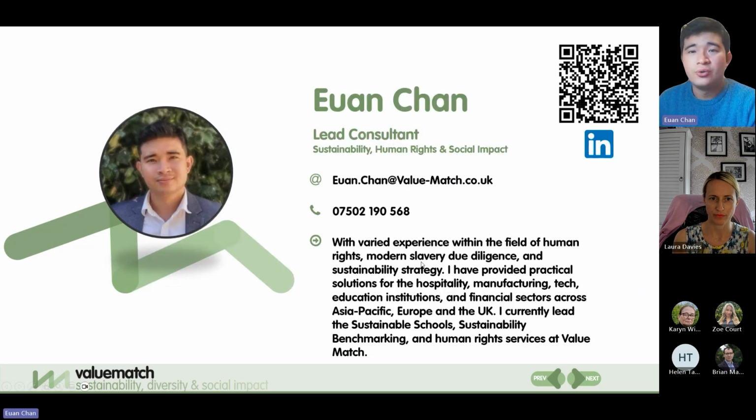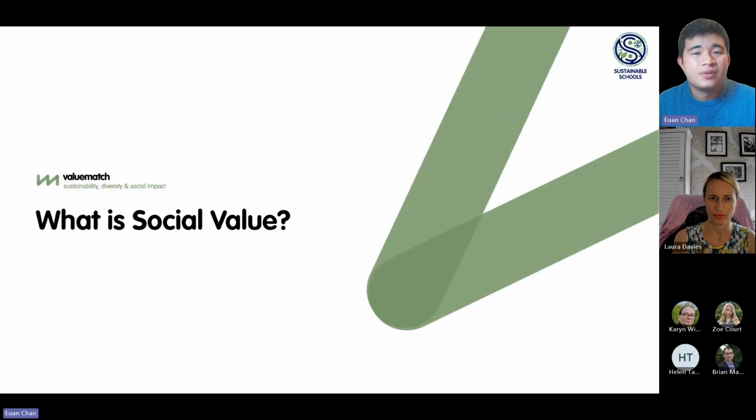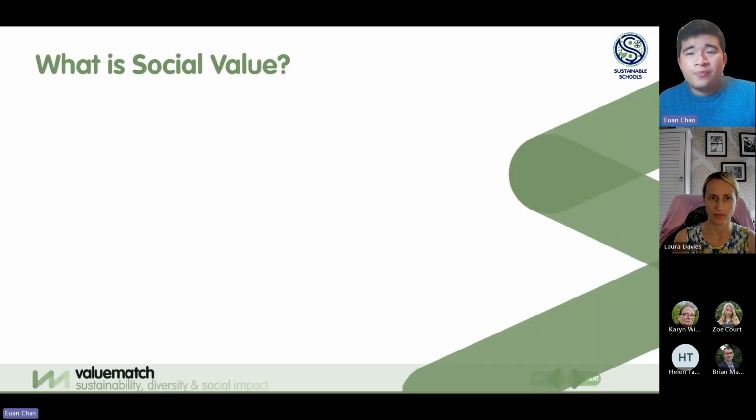So I'm just going to pull up my notes on the side here. All right. So kicking off here, what is social value? In order to really figure out how we're going to operationalize and execute social value within procurement, we need to have a clear idea on what it is. So I asked myself, what is social value? And so what I did is exactly what I would do if I was trying to find out about what social value is with no prior knowledge. So I went to Google and pulled some different answers for what social value is defined as. And to a degree, it feels like if you ask 10 different people what social value is, you'll get 10 different answers, which is quite challenging.